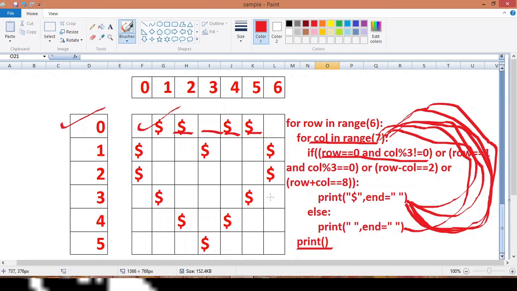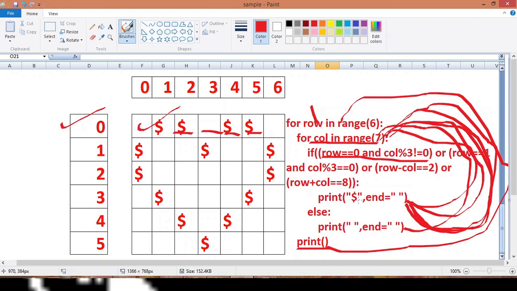Now when it moves to the next line, again it will go and run the outer for loop. And now the outer for loop row variable value will become 1. So 1, and then the Python interpreter will come inside the inner for loop, and again it will run the inner for loop for 7 times with the same checking of the condition, and if it is true it will print the dollar sign.